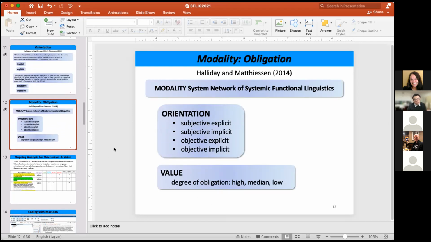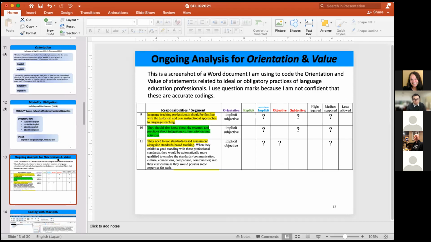That's something also I'm kind of struggling with a little bit. I need to do more background research for sure. And this is an example of coding I did. I just highlighted the clauses that had the expressions. I didn't want to delete all the other text, then I would lose context, but this is basically how I'm going through. I had already coded